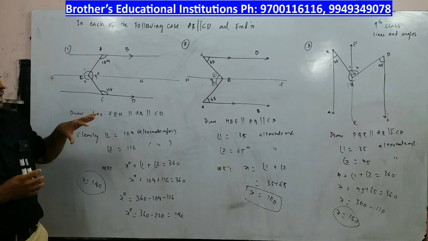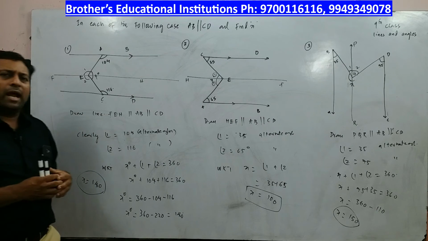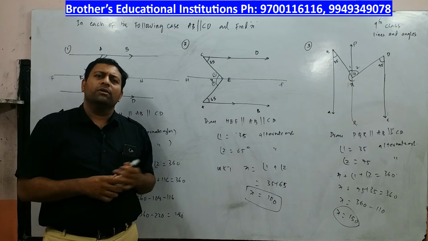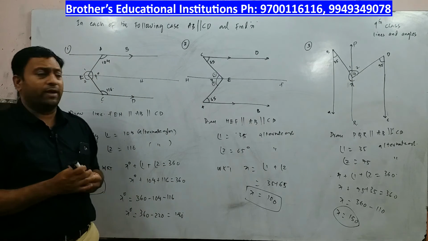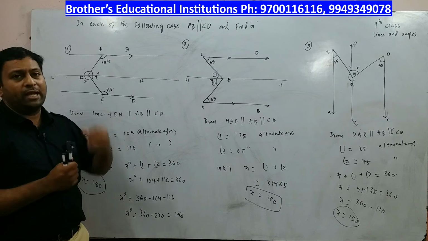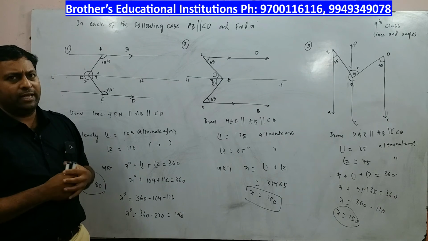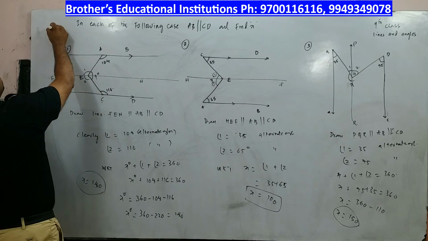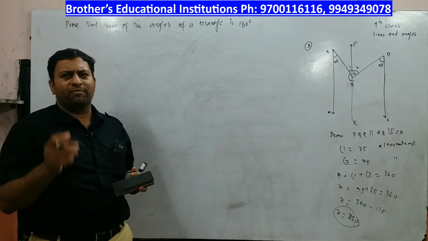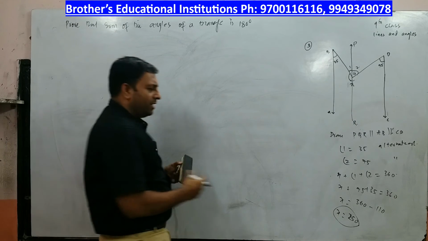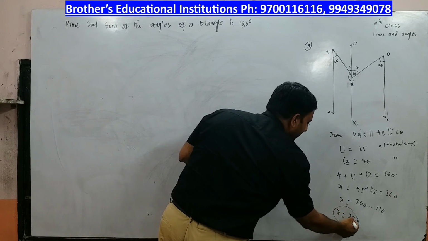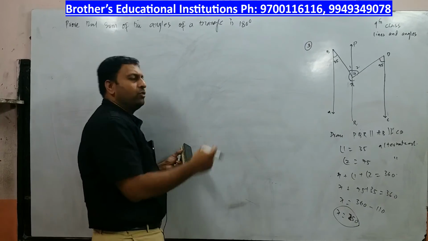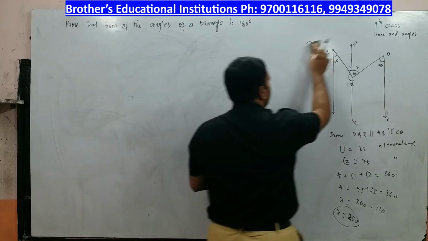With this we will close this type of problems, and meanwhile you pause the video. We will go for the next variety of questions wherein we will try to prove the sum of the angles of a triangle is equal to 180 degrees. So you can pause the video and copy down, we will move to the next problem. Yes children, I am sure you have paused and copied. Make sure that this is 250, not 150. Alright, so make that correction when you copy. And now we will go to the next question.